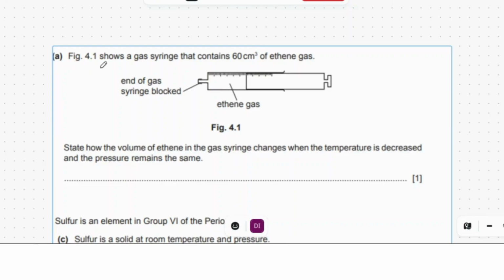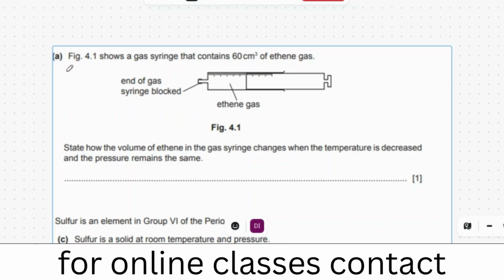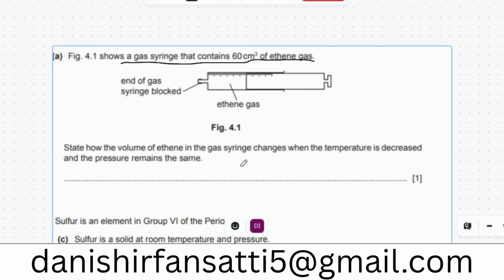We are going to do past papers. Okay, so the first question in the past paper is about the state of matter. A gas syringe contains 60 cm³ of ethane gas. That is a diagram of a gas syringe with ethane gas. State how the volume of ethane in a gas syringe changes when the temperature is decreased and the pressure remains